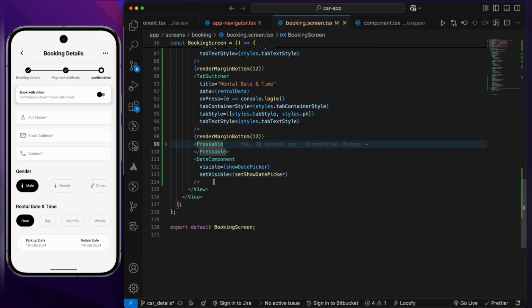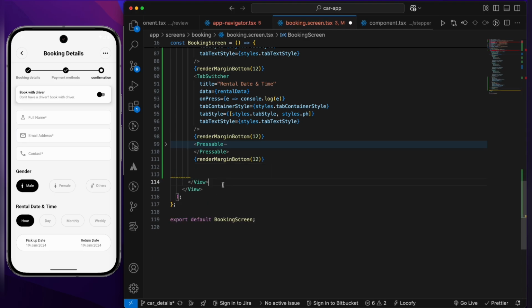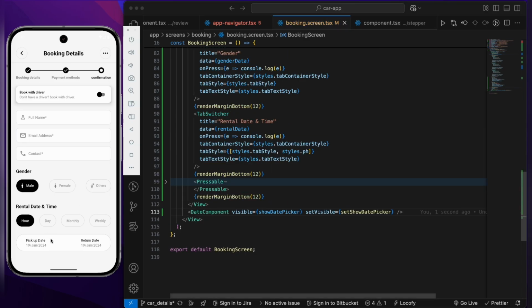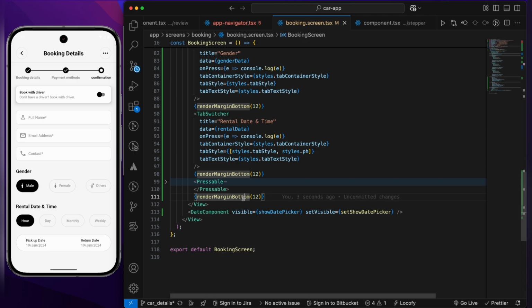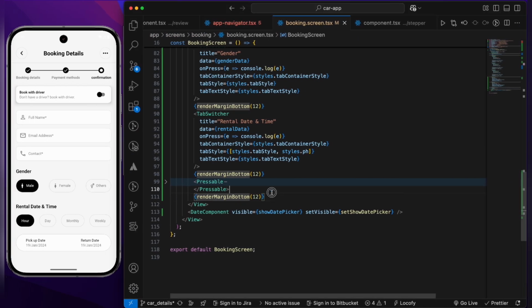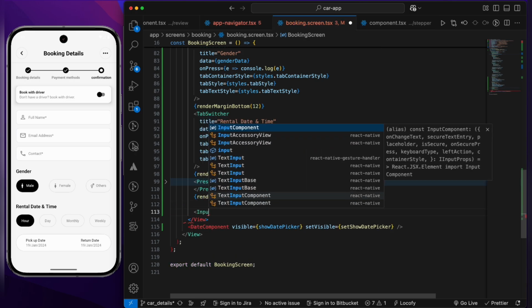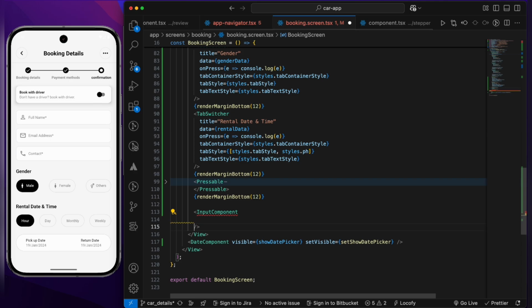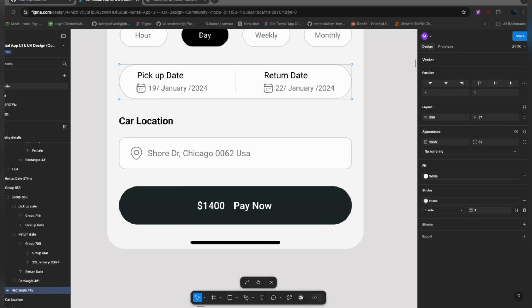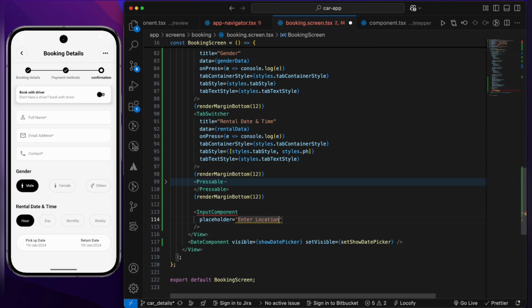Let's close this, and now this date component we can even place outside the view, so it will not even affect. So come over here and use the input component. I'm going to write input component. Let's add a placeholder. Placeholder will be enter location,